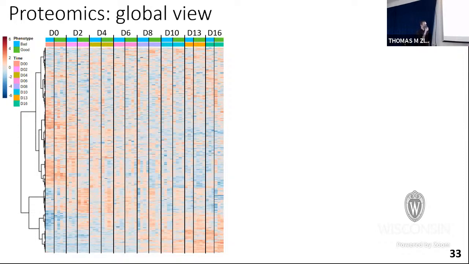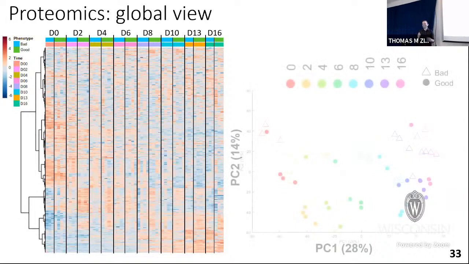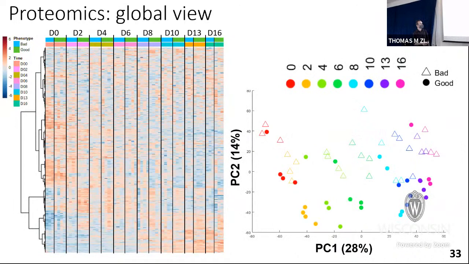So one agnostic way we can try to look at these data and plot the multivariate relationships between these particular proteins of interest is what's called a principal component analysis. What this does is try to maximize the spread of the data and collapse it into, in this case, 2 dimensions. Each of these different symbols is color coded to encode what time it was, so day 0 all the way through day 16. Triangles are for the bad differentiation that resulted in a final purity of 25%. And the filled in circles are for the good differentiation that resulted in a final purity of 75%.